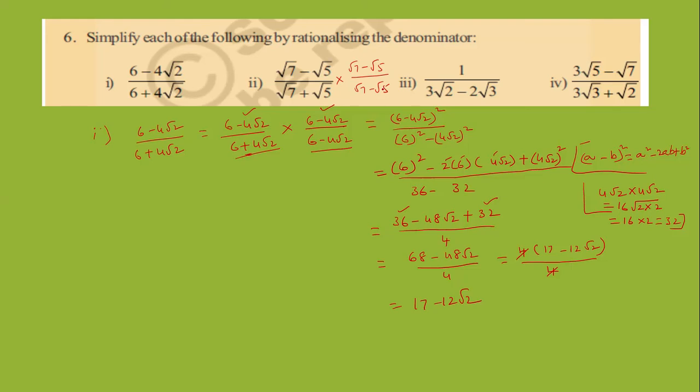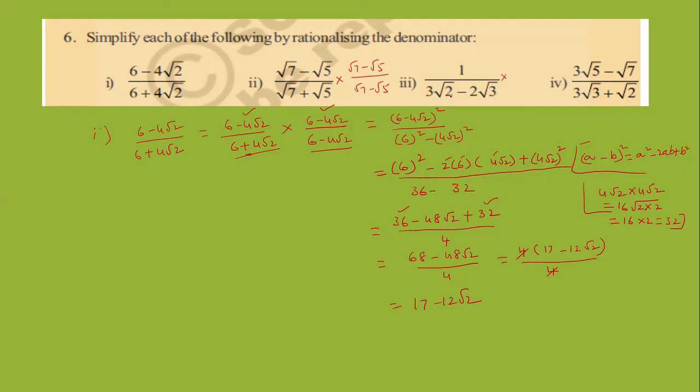You may do the remaining 3. You may take here, just as I explained to you in the second one. What you write? Root 7 minus root 5 in the numerator. In the denominator, root 7 minus root 5. And you multiply both the numerators, a minus b into a minus b, that is a minus b whole square. In the denominator, root 7 plus root 5 into root 7 minus root 5. That's the product, a plus b into a minus b is equal to a square minus b square. Using those two formulas, you may simplify the second one.